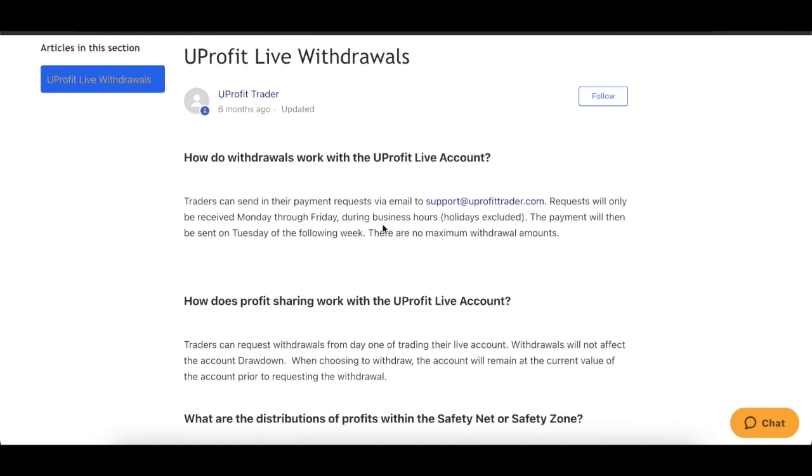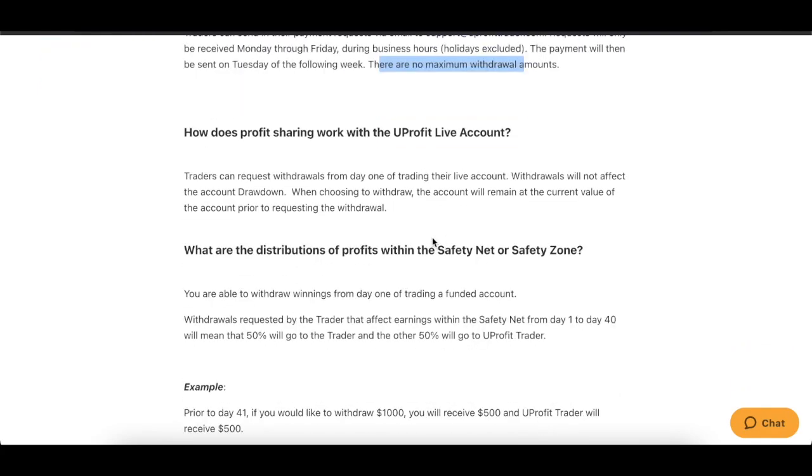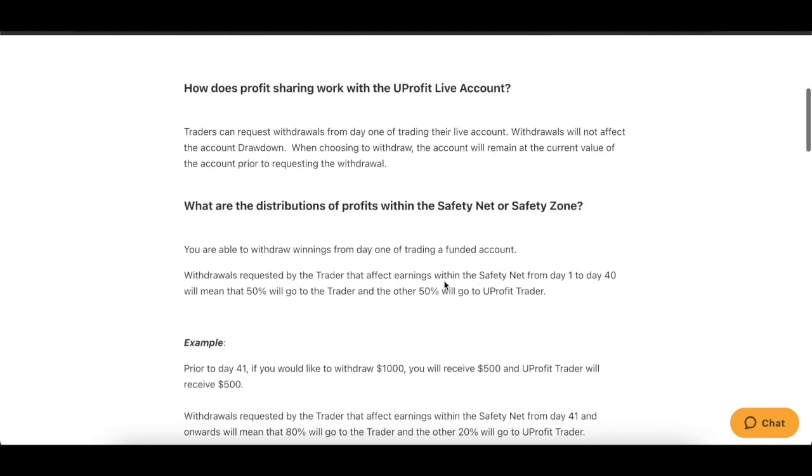Basically, big pro, you can withdraw every single week if you want. This compares to LeeLoo, which you can only withdraw once a month, and it's the last week of the month. Most of the other ones you can withdraw weekly, but I like seeing that it's weekly. And there's no maximum withdrawal amounts, so assume there's no minimums as well. I didn't see it on here. Basically, submit a request to get paid the following Tuesday.